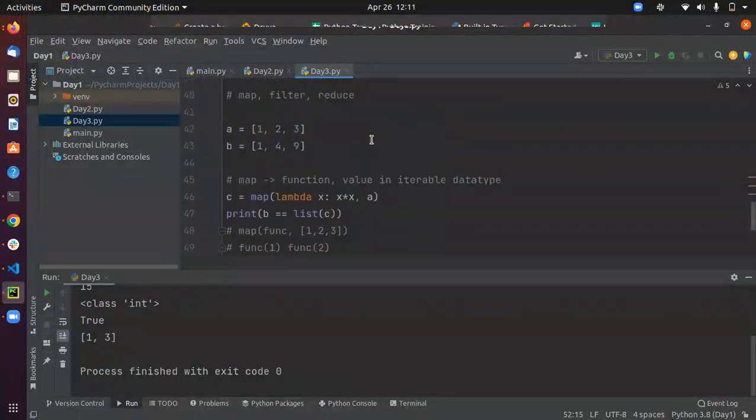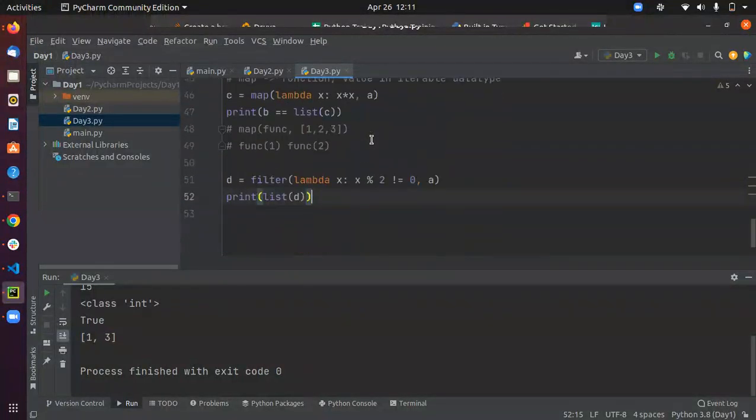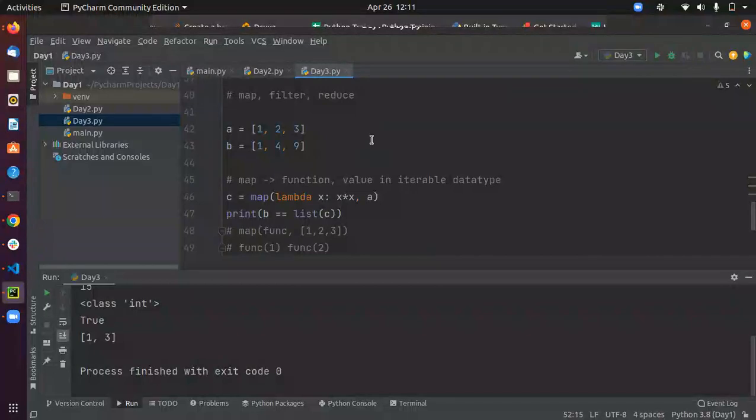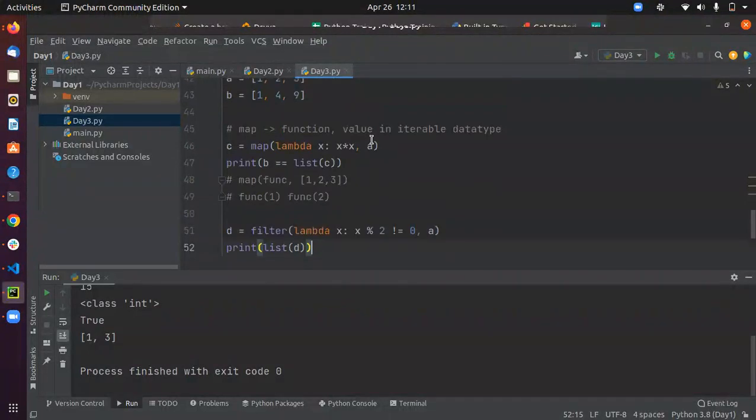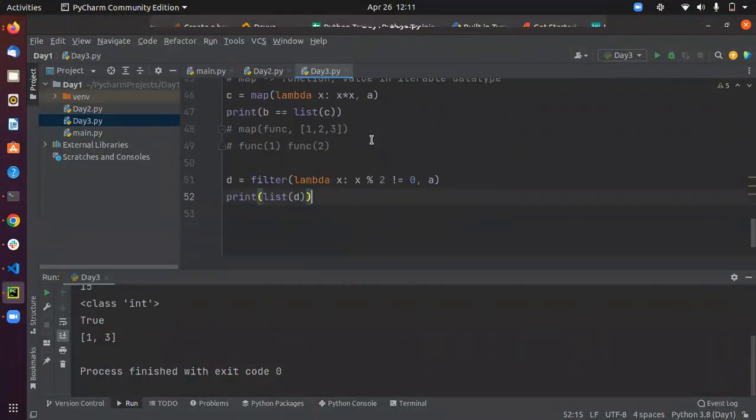Now there is reduce. I guess you can look up reduce on your own, because it's similar to map and filter. What reduce does is it takes 3 parameters. First is the function, second is our iterable value, and the third one is the default value. So what the default value is, let's say,